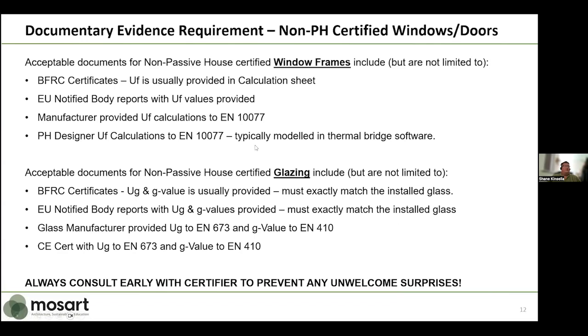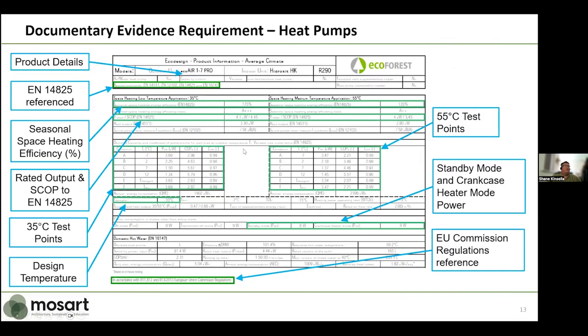So last but not least then is the heat pump. We went over this in detail in the last webinar, but this is a typical product fiche for a heat pump, and this is the exact heat pump that Barry installed in his dwelling. And you can see here that there's various bits of information required on that. Typically those documents have all the information that you require. In some cases they won't, and you may need to go back to the manufacturer, but they should cover you